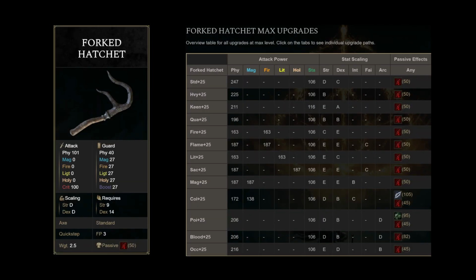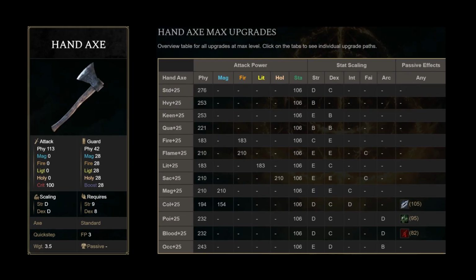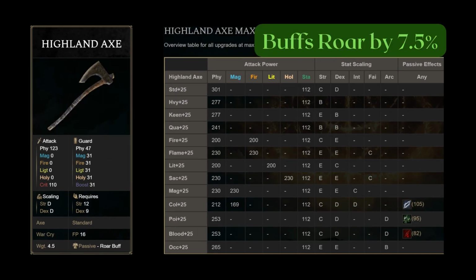Moving on to the regular axes, we have the Forked Hatchet, Hand Axe, Battle Axe, Highland Axe, which is the only axe with 110 critical, which I don't think makes a lot of difference, as axes don't have a particularly good MV for critical damage. The main selling point of this axe is that it buffs roar attacks by 7.5%, and yes, it stacks with